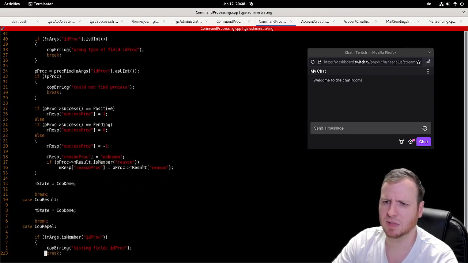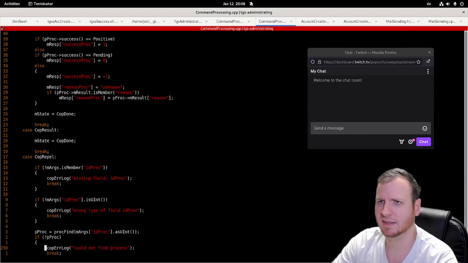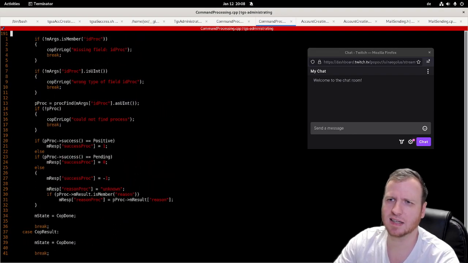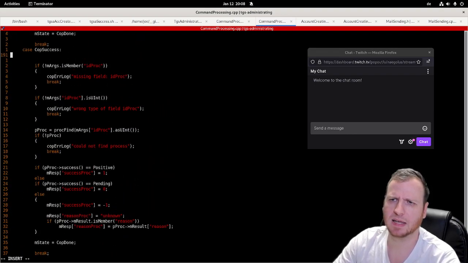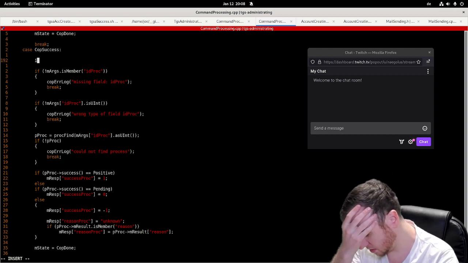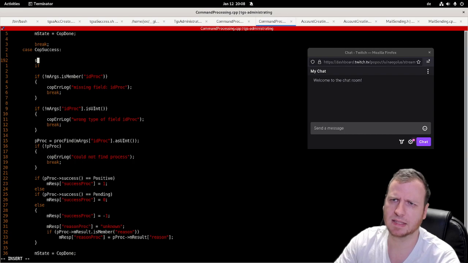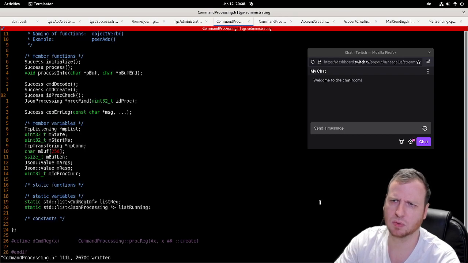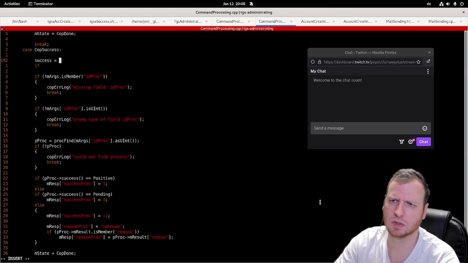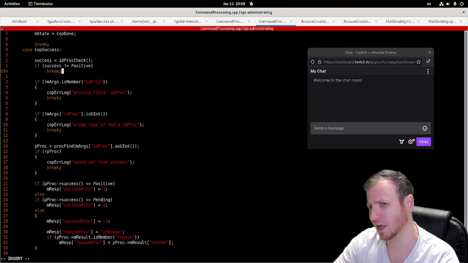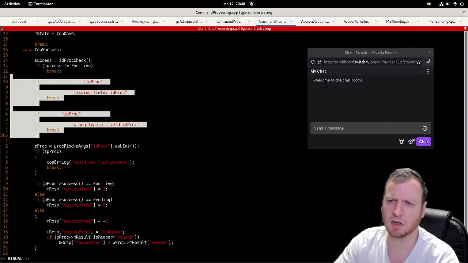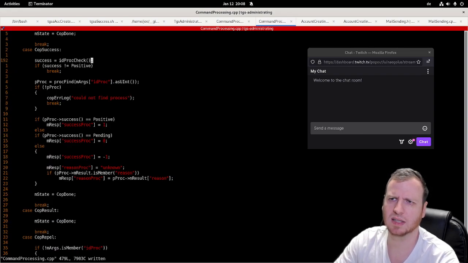It seems to be quite useless, but I think it's fine, because we need these lines at least 3 times. So success is equal to that. If success is not equal to positive, then break, just break, because I want to set